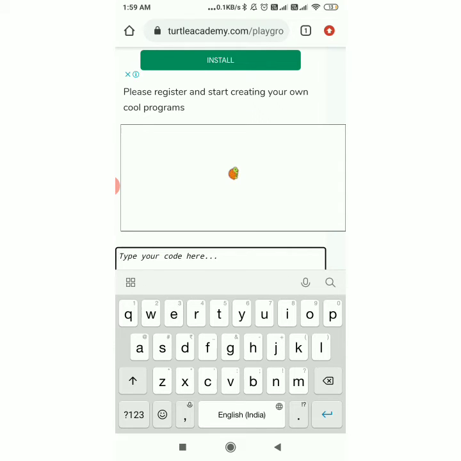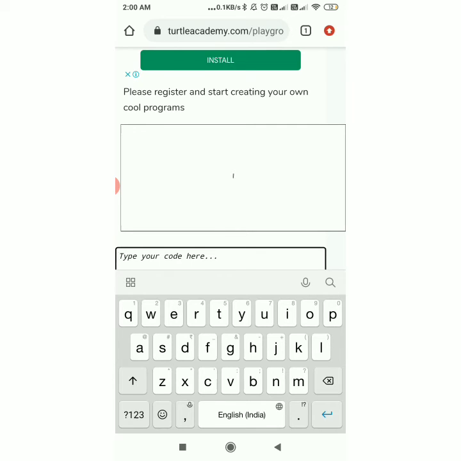Now, in the lesson plan I mentioned two commands. The first one is HT and the second one is ST. HT means hide turtle. Now I want to hide my turtle, so I will write HT, to hide the turtle. I want to see exactly what I have done with FD1 RT1. Because of the turtle I am not able to see the line, so I am hiding the turtle with the help of the HT command. So here you can see I have done this much, a very small line.